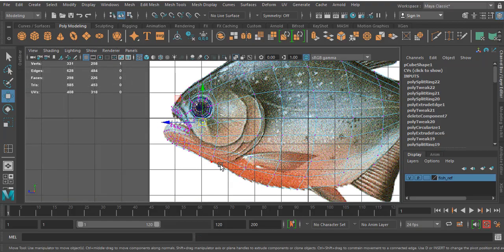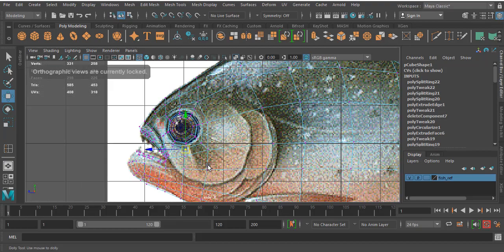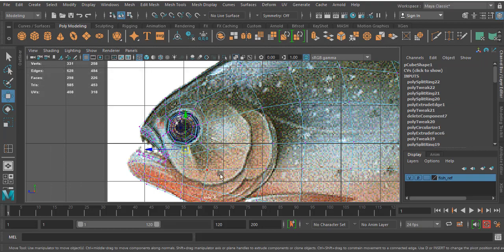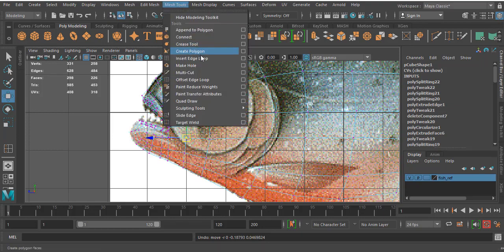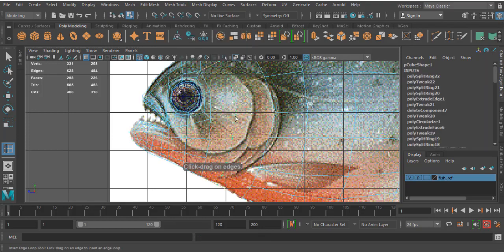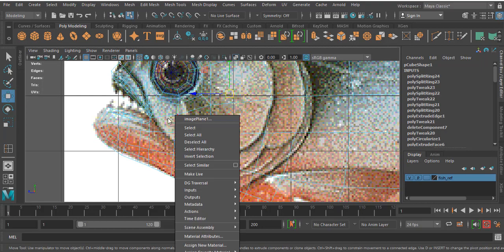Now what I'm going to do is, I want to get this gills like this cover. So what I'll do, you people have to tell me how to create this. I'll select this. Wait. I'll go to this insert edge loop, create one span flow over here, and one more over here, because I want a supporting span.